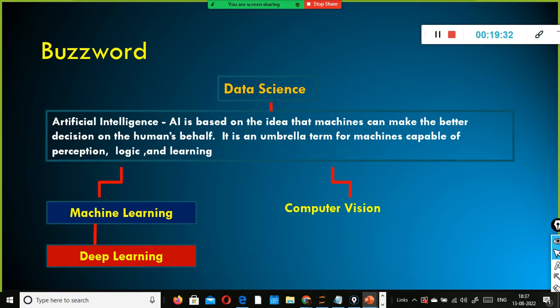Only when the system has some eyes can it understand, okay, this is a red light, this is the amber, and this is the stop light. And as a human, what we do, right, with our eyes, we see the red light, we need to stop. Similarly, in the case of computer vision, we enable the computers to see, identify, process, and analyze the images. Image recognition, all these things come into the picture here.